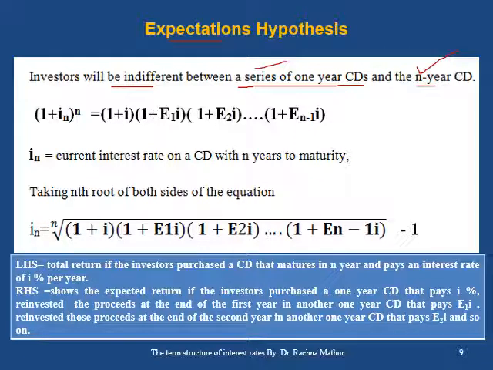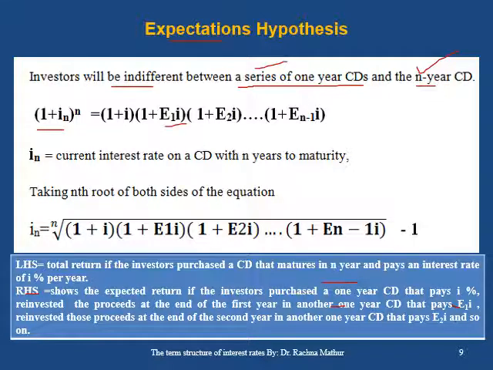So here in this equation, the left hand side shows the total return if the investor purchases a certificate of deposit that matures in n years and pays an interest rate of I% per year. While the right hand side shows the expected return if the investor purchases a 1 year certificate of deposit that pays I%, reinvests the proceeds at the end of the first year in another 1 year certificate that pays